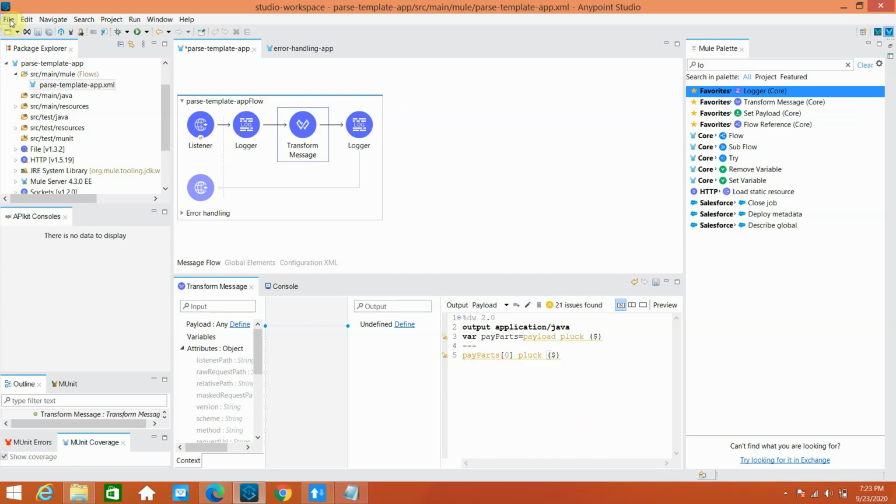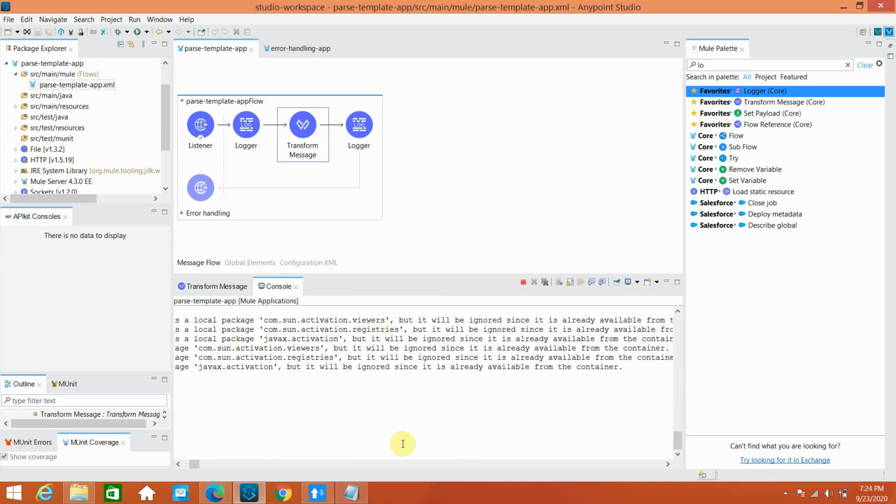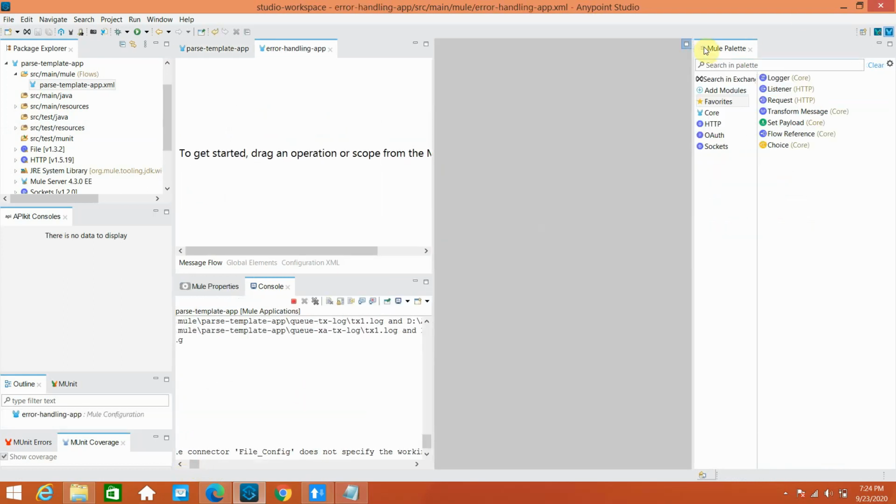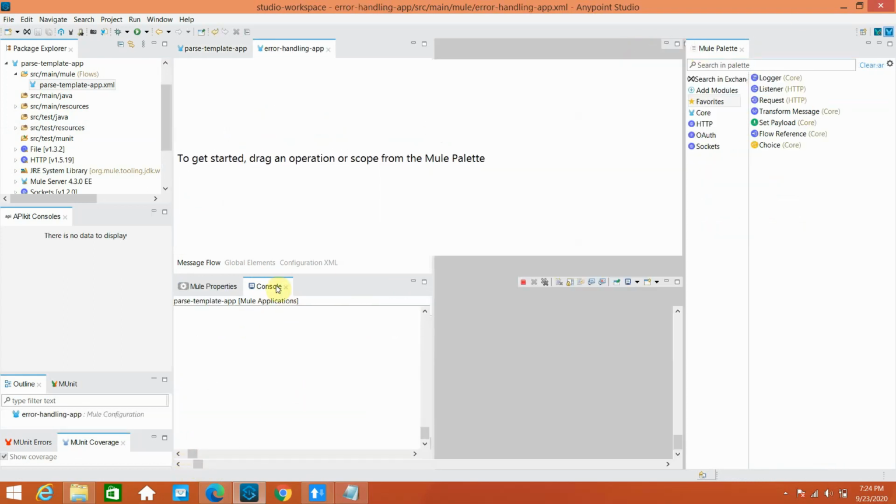It will give the same output. Let me save. Here I'm storing into a variable, and then I'm just reading the output of payParts. I'm removing file1 and file2 basically. So I mixed the two transforms into a single one.